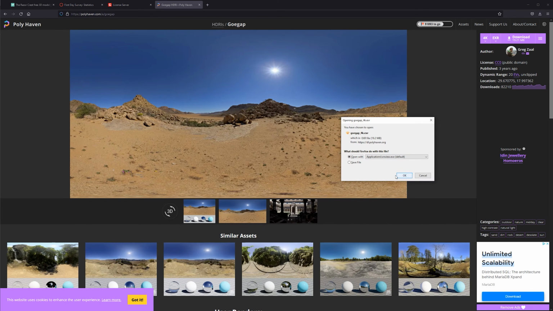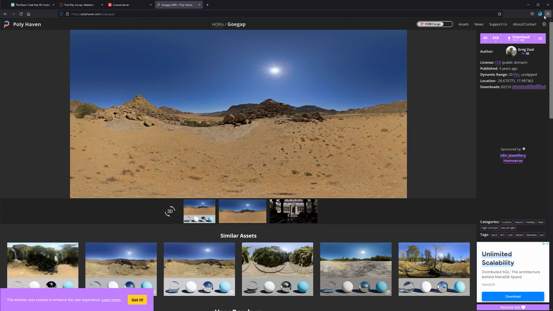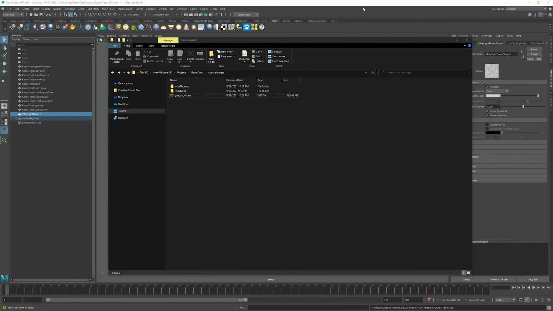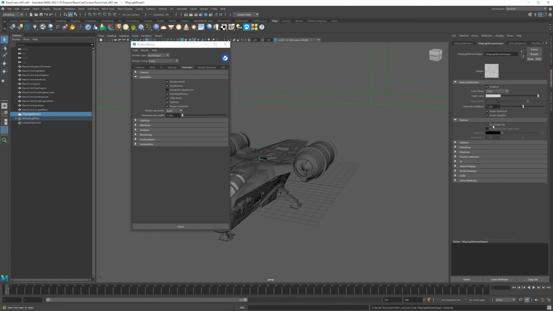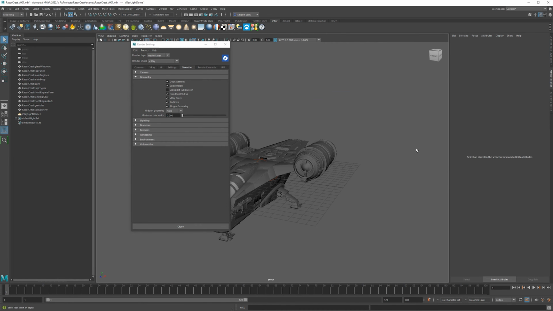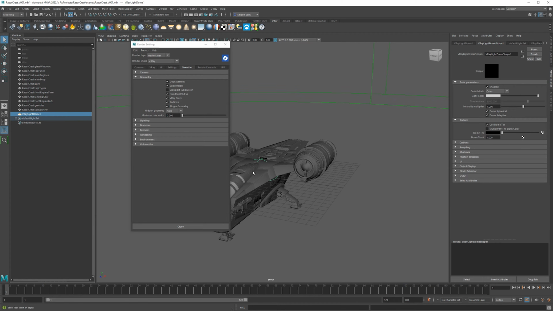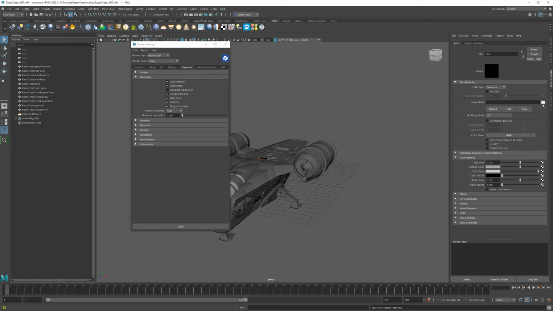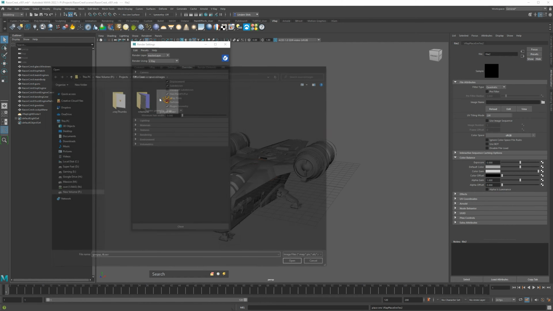Click download. I'm going to save the file, and then I'm going to grab that image. So I'm going to paste that in right here. And then I'm going to go back into Maya. And then to use that texture, we say use dome text with the dome light selected. So if you clicked off this and you're like, how do I get back? Just go to your outliner or select the light in the viewport, use dome text. And then on the dome text, we say file, image name, and then we're going to load that in.